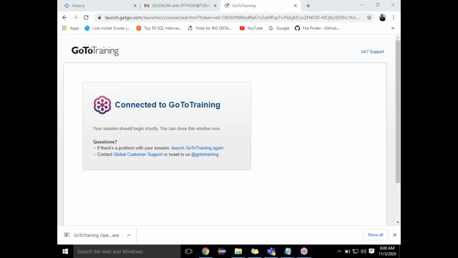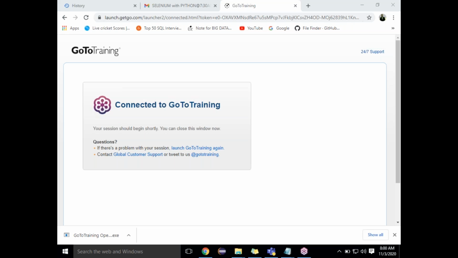UAT is user acceptance testing. All the client people, business people, some group of random people will be testing that application. So that will be a different environment, and there won't be any effect among the three groups. Your test engineers won't be affected by UAT people, and developers, while developing, won't affect you.